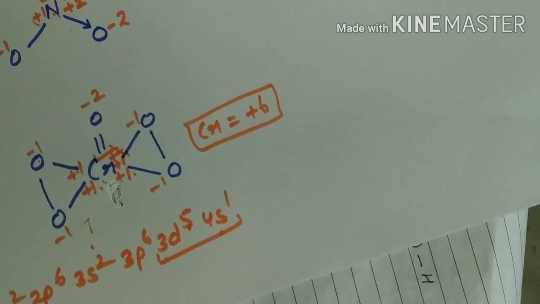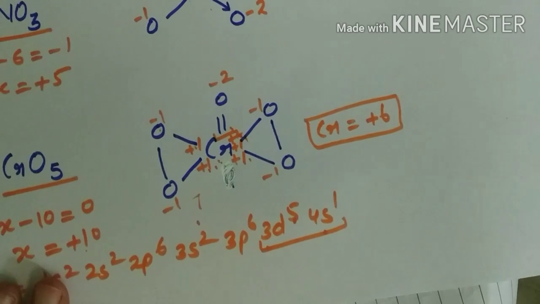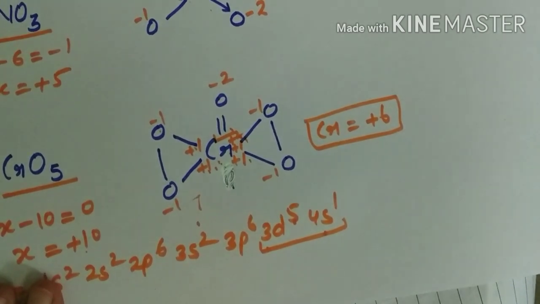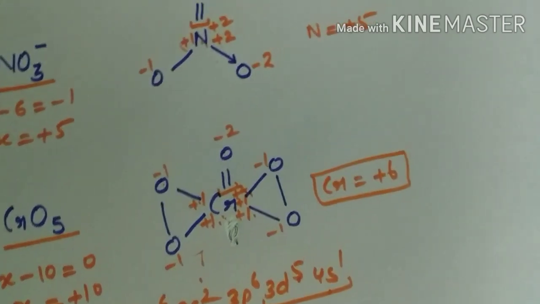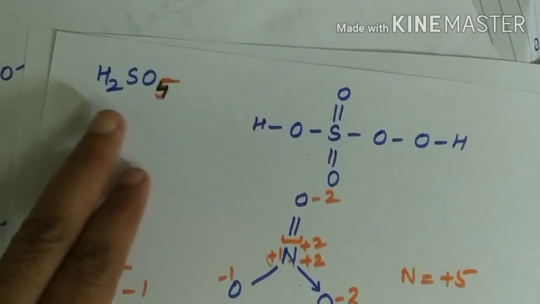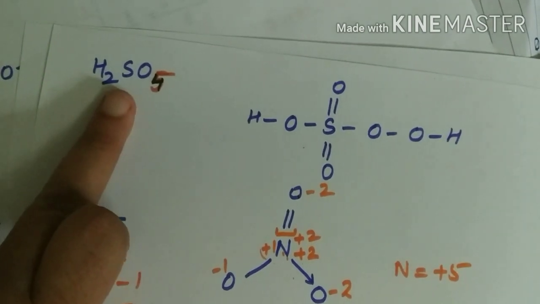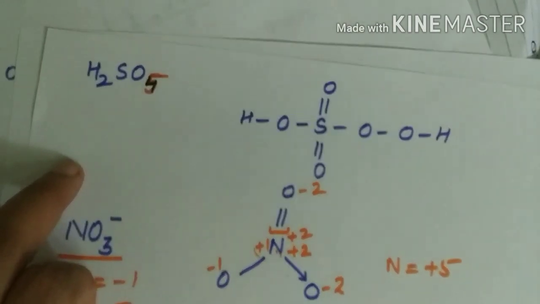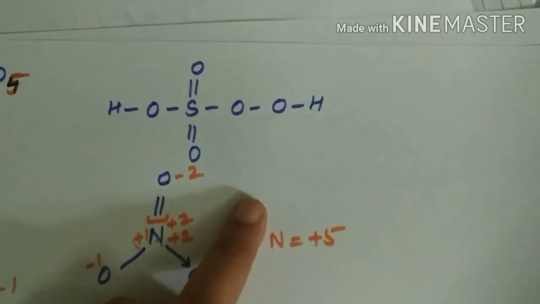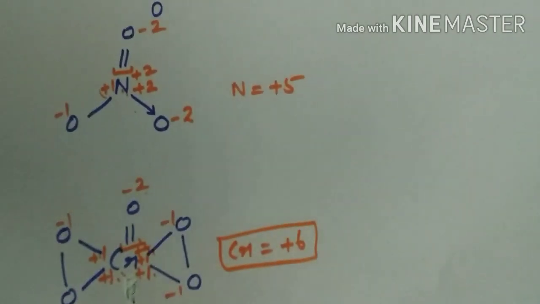So this is how, in some cases, if the oxidation state of the element comes out to be more than the valence electrons, which is not possible, then we calculate it from the structure. So try to do the same for this one, H2SO5. First calculate the average, see the maximum valence electrons of sulfur, whether it is equal to that or not, then we can explain it on the basis of structure. Thank you.